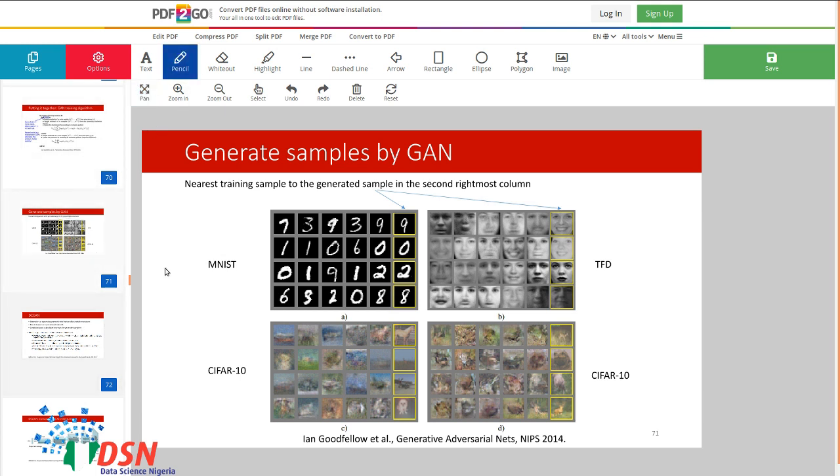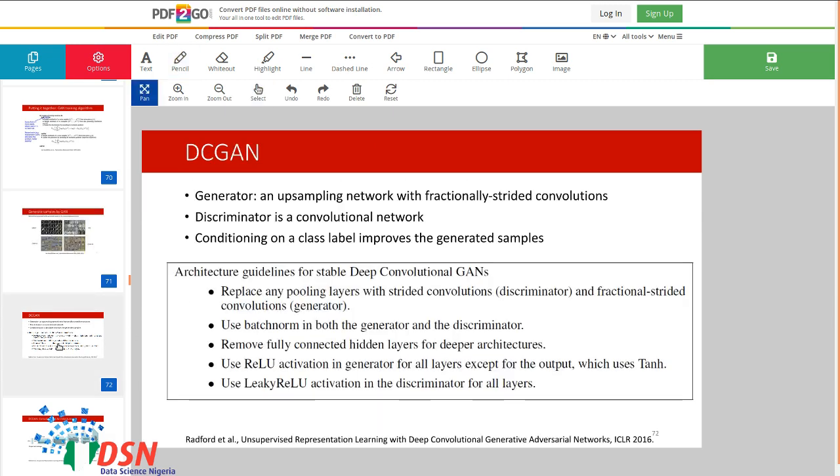Okay, so these are some generated samples with GANs. In DCGAN, or deep convolutional generative adversarial networks, it is good to know that the training of GANs is so hard, in fact, in terms of stability.